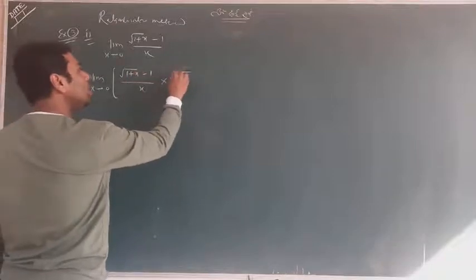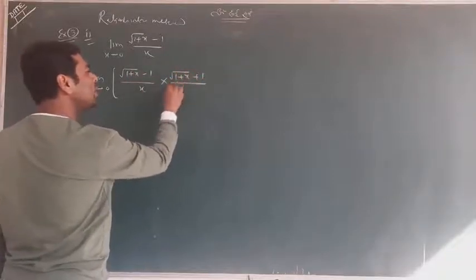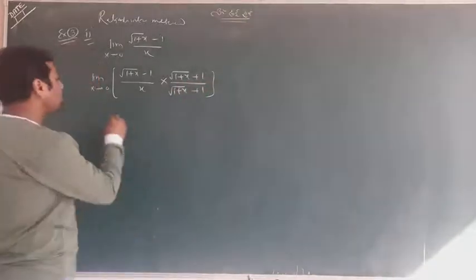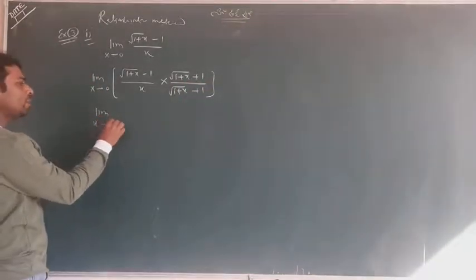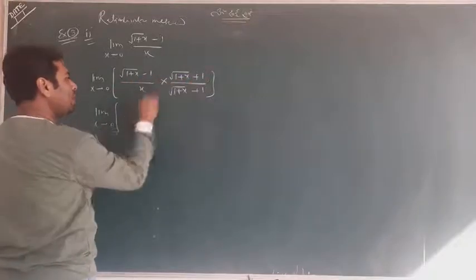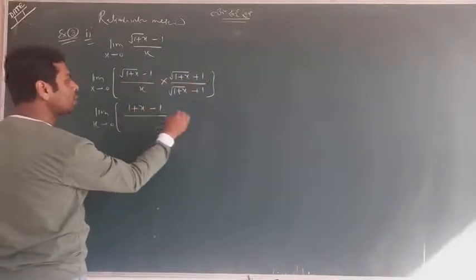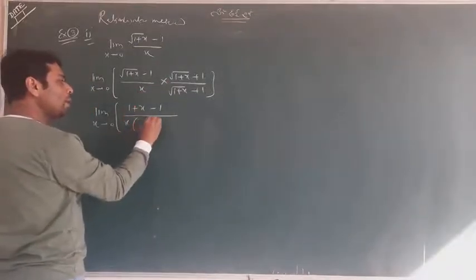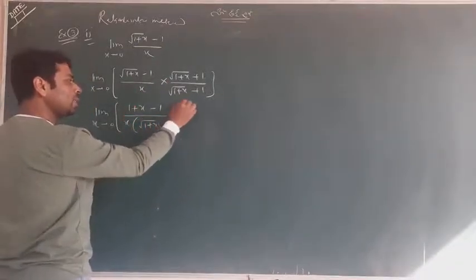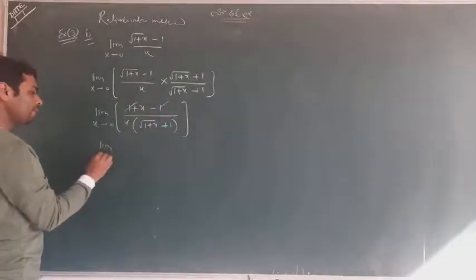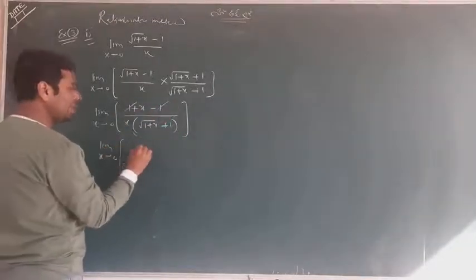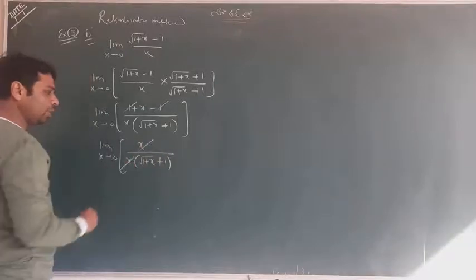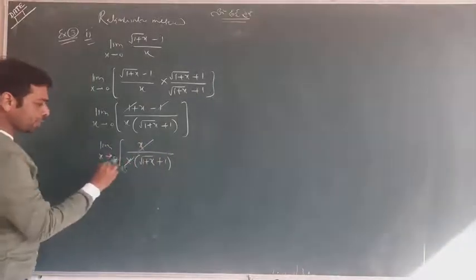This is minus 1, so I will go with plus 1, and plus 1. Try to understand: plus 1 and plus 1. So what will be coming in the numerator side? (a minus b)(a plus b) is a square minus b square. You know, the square and root will cancel overall. And x, 1 plus x and 1 is there. So 1 and 1 cancel. It's a very good result we are having now. Both x and x cancel. Putting x tends to 0.